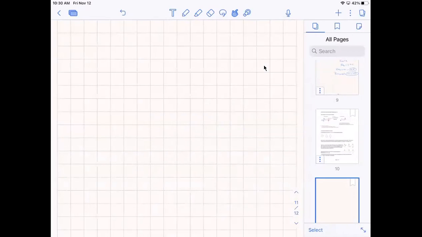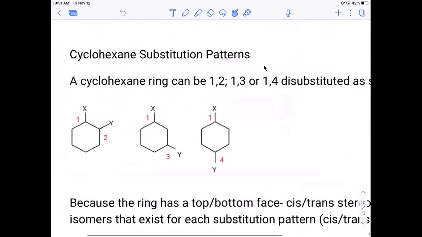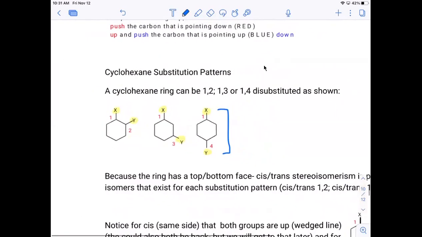So let me go down to this page. You can see here, there are multiple patterns, right? You can have 1,2 disubstitution, which is right here where the substituents are right next to each other. You can have 1,3 or 1,4. We're going to focus in on the 1,4 because the 1,3 is a little bit tricky to think about, and I don't want to rush it, especially since this is the last thing we talk about. So we're really going to just focus on 1,4 disubstituted